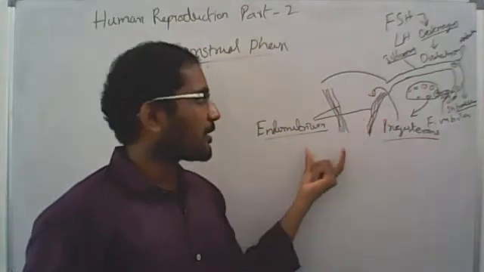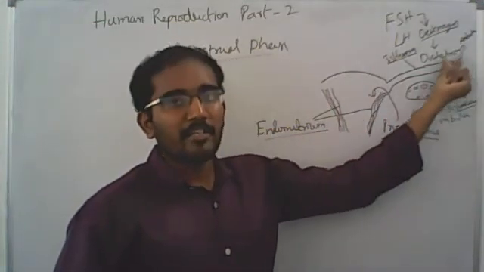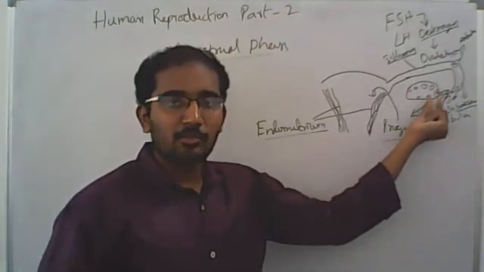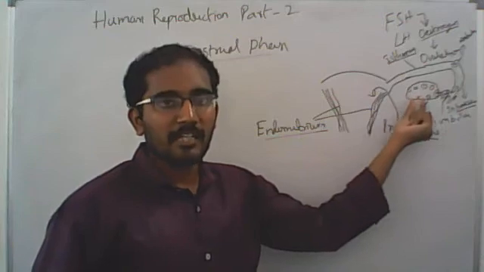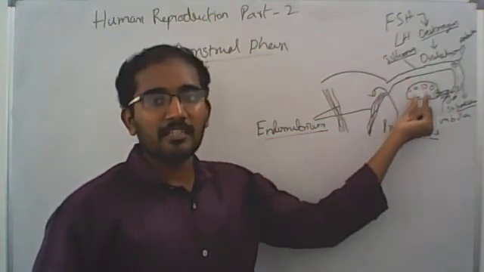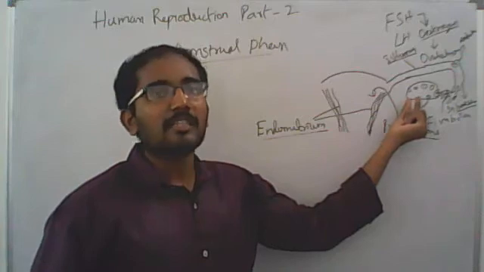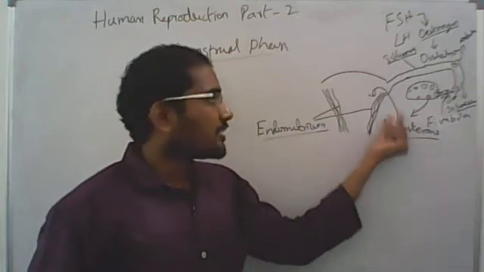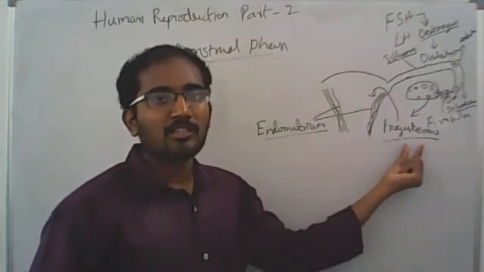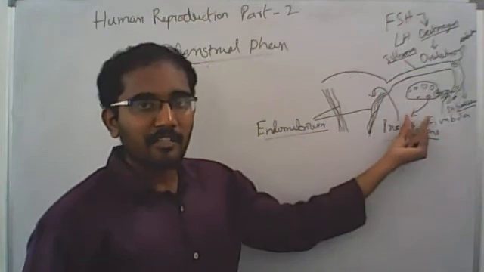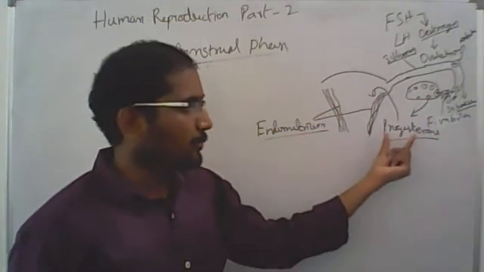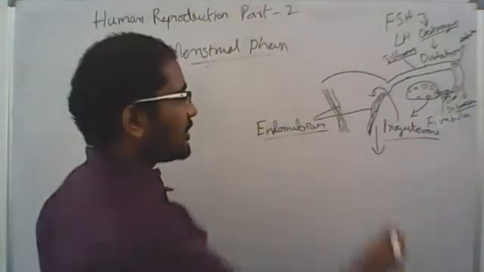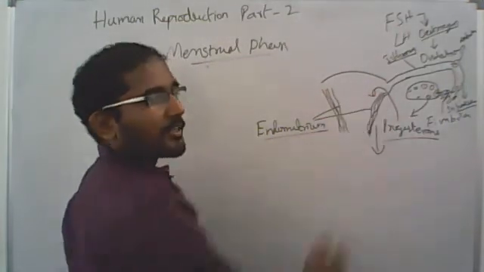These happen at the same time. If fertilization has not happened, at that time the corpus luteum is converted to a corpus albicans. Now it is in an inactive stage, so it can't produce progesterone. If the progesterone level is down, there will be no endometrium layer. Progesterone is the hormone which maintains the endometrium layer. If the progesterone level goes lower, the endometrium layer cannot be maintained any longer.